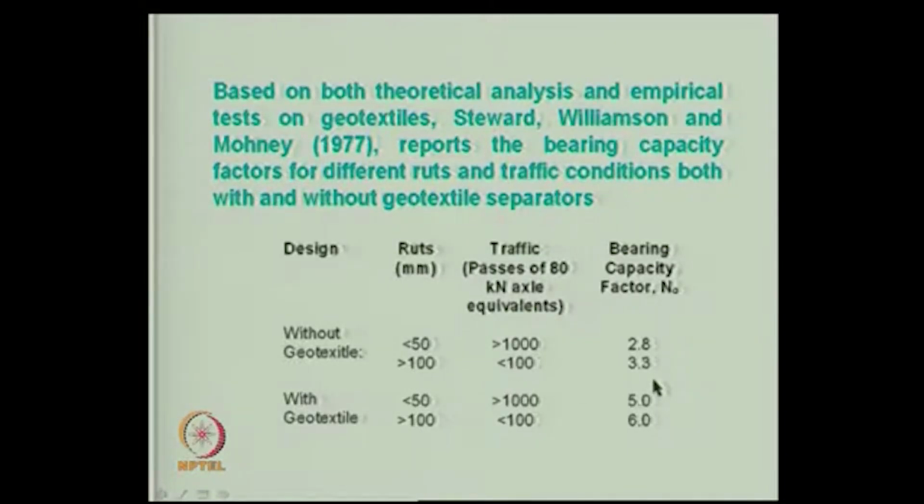There are some empirical reports that people have presented, and with geotextile, less than 50, the same number 1000, the bearing capacity factor is 5, and if the rut depth is more, there is a little increase. Actually, this gives an interesting observation that roughly the bearing capacity with and without geotextile shows an increase, right. Say for example, you take only a rut depth of less than 50 mm, the bearing capacity factor increases from 2.8 to 5, and from 3.3 to 6. This is a very important observation,